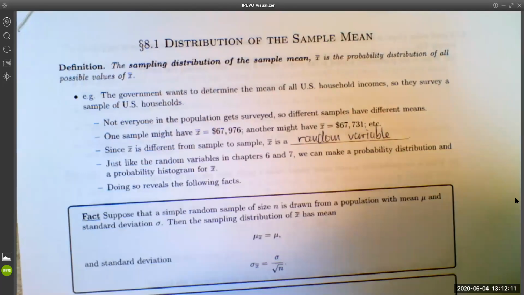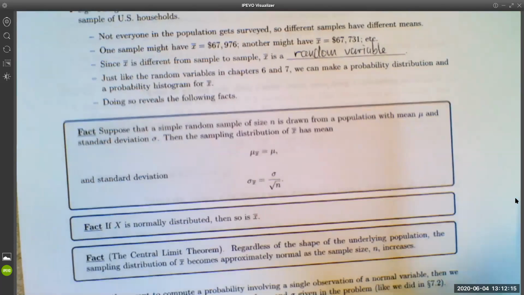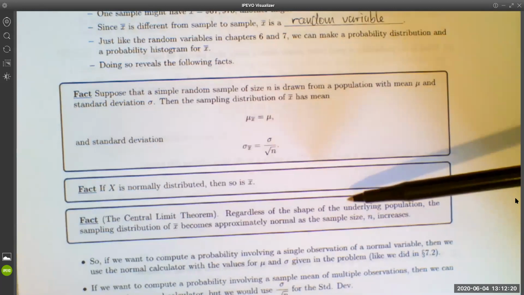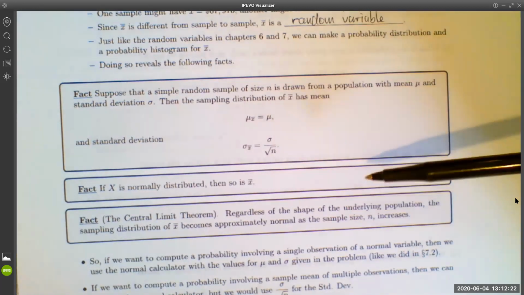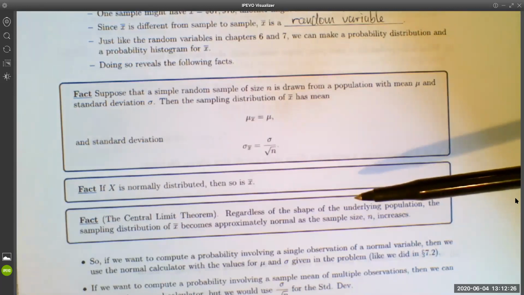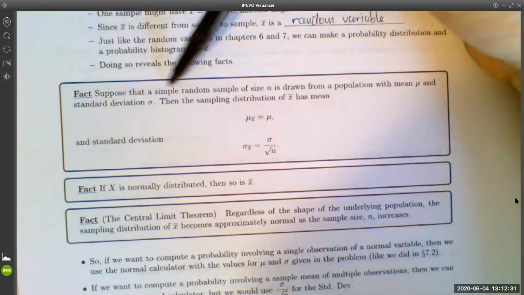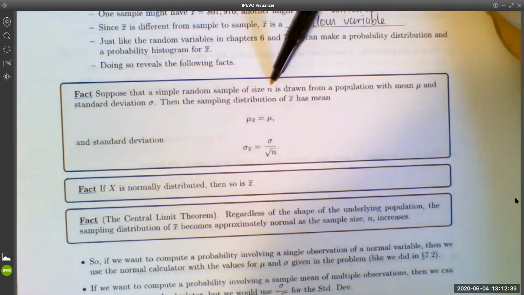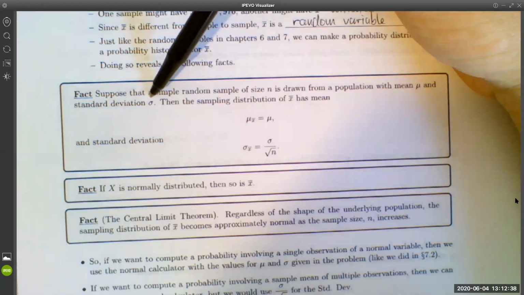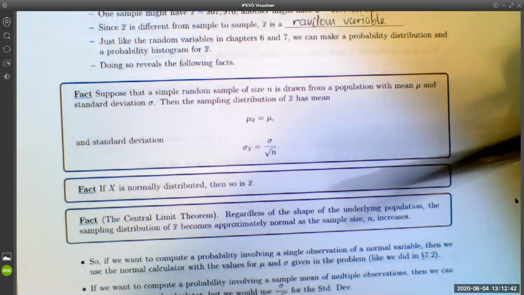So here's what we know about the sampling distribution of the sample mean. And these are the facts that I told you. I'm going to give you them without justification for now, but I promise you I'll explain where these come from in a second. But these are the results. So suppose that a simple random sample of size n is drawn from a population with mean mu and standard deviation sigma. Then the sampling distribution of the sample mean has a mean of